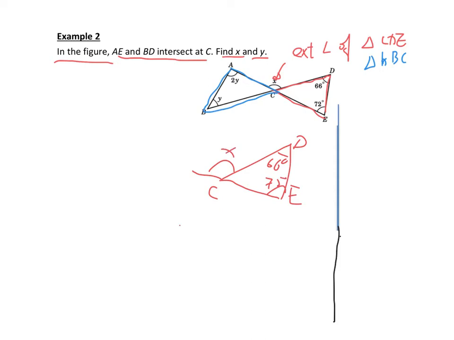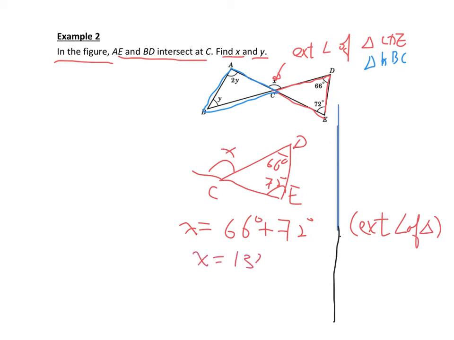That is, x is equal to 66 degrees plus 72 degrees, which is the external angle of the triangle. So we can find that x is equal to 138 degrees. And also, in the triangle